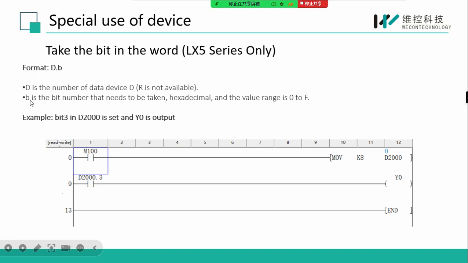And B is the bit number that needs to be taken. The range is from 0 to F. As you can see, if I set D200 as 8, the D200.3 will be on